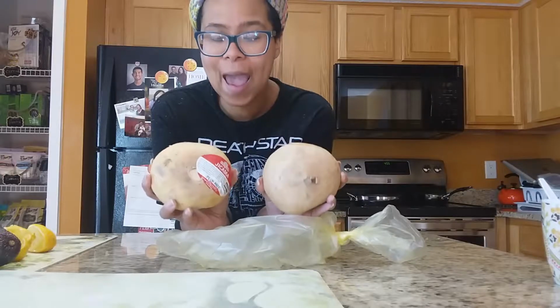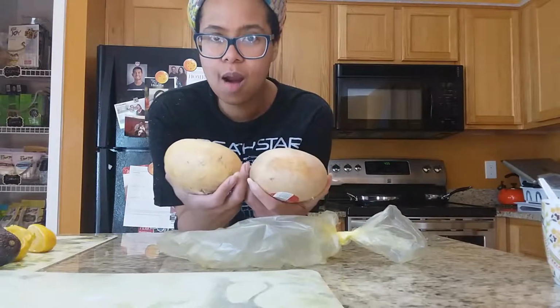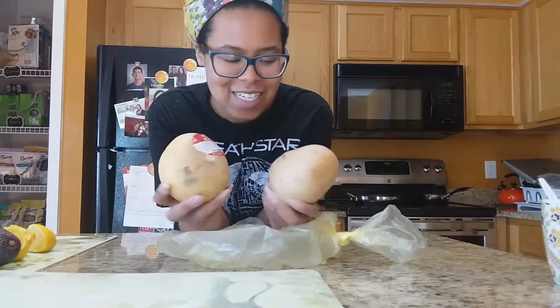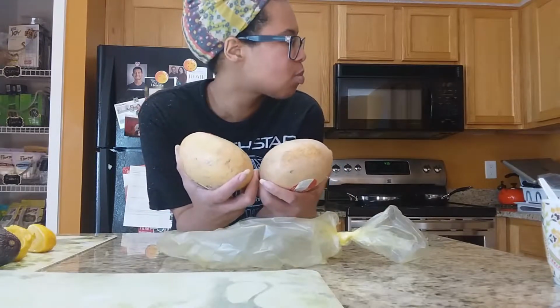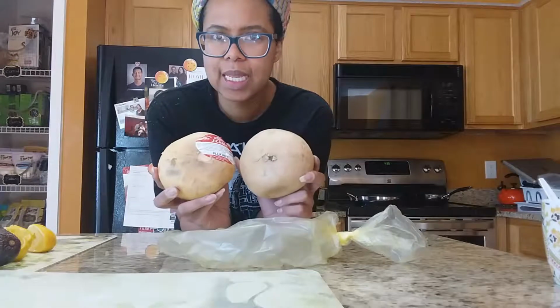But I'm so happy. You can do so much with jicama. It's definitely low carb and keto friendly. Hopefully I'll do some more recipes like hash browns and french fries, but I am so happy to find it. I don't know if I'm going to take you through the process of cleaning this. I will have to see. Okay,